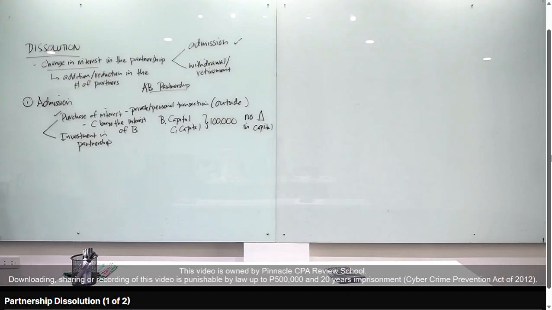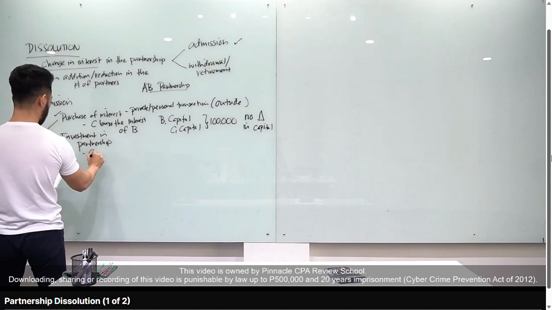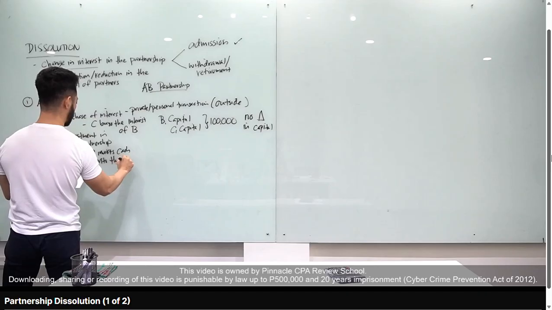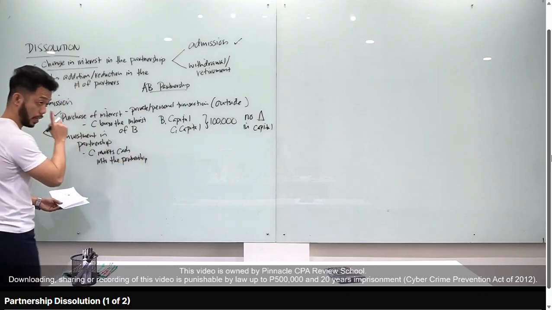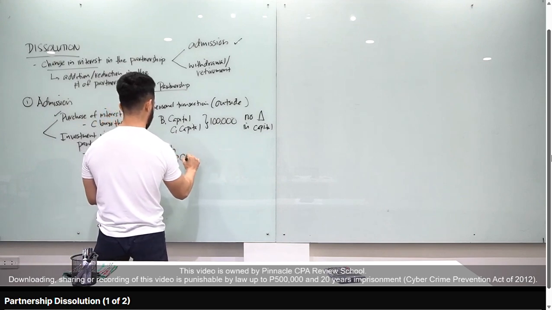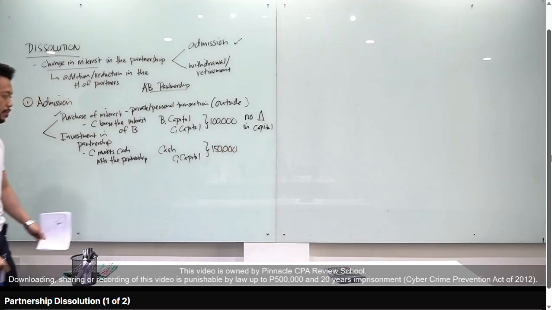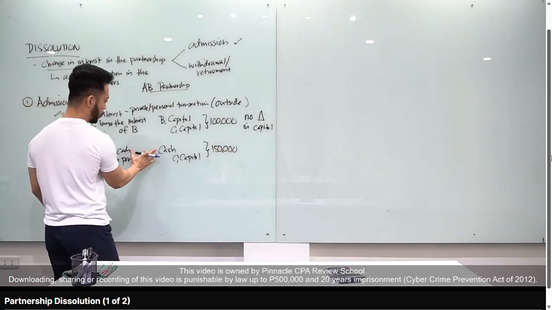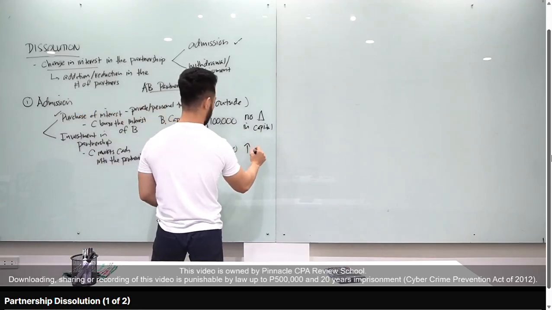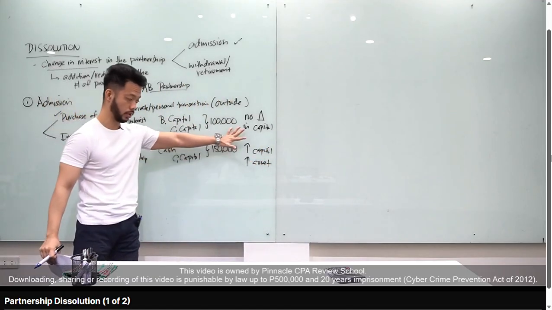Okay? Pag sinabi naman class, investment in partnership. Let's say C invests cash into the partnership. So obviously, meron journal entry because naka-receive ng cash yung partnership. So entry natin dyan, debit cash, credit C capital. For example, ang invest ni C is 150,000. Ganyan naman siya. Alright? So as you notice class, you're debiting an asset, you're crediting capital account. So kapag investment in partnership, tataas yung capital, okay, tataas din yung total asset of the partnership. As opposed to this one, no change in capital.